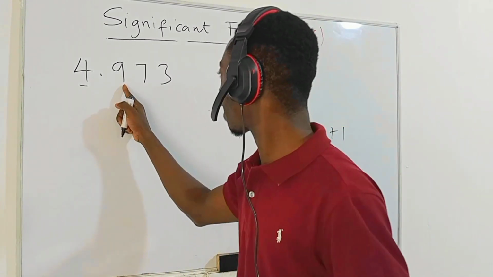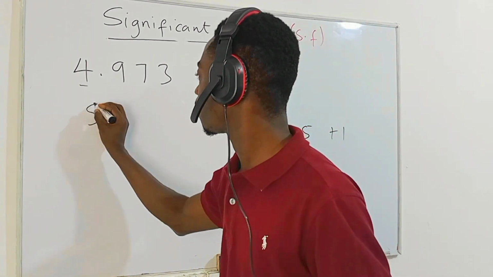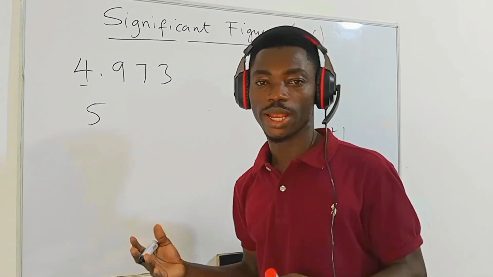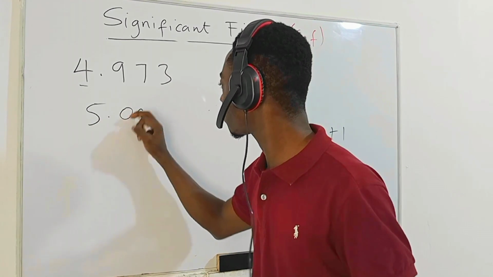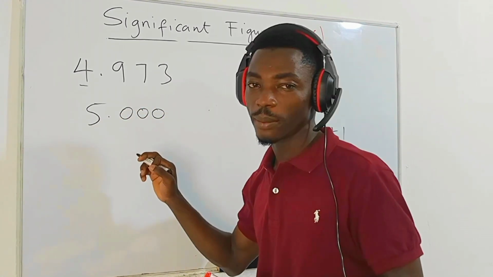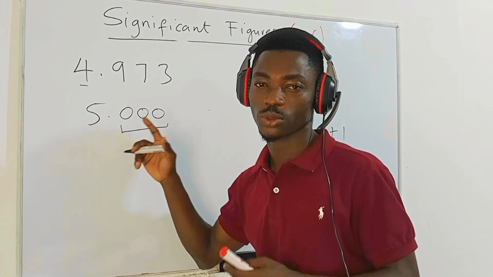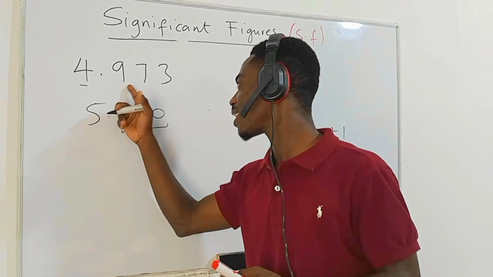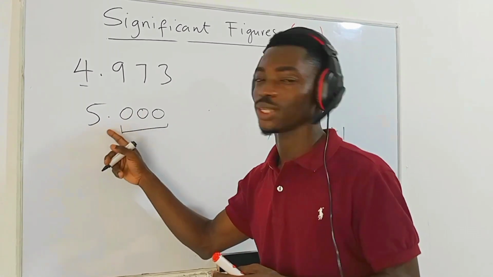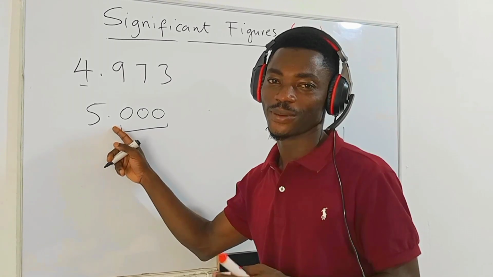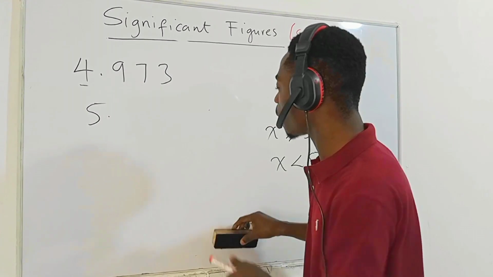So this 9 is more than 5, so we have to add 1 to this, making 5, and we are done. Of course, if you try to bring 0.000, remember these zeros are trailing zeros with a decimal point, which are also significant. So if you try to convert these to zeros, then actually you are talking about 4 significant figures right now. All right? Yeah, so now that we understand this one, with the same number, let's say we want to leave it